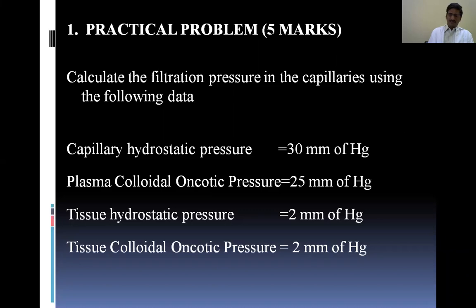This is the basis for the formation of leak also. Not all fluid leaked through the arterial end will be reabsorbed. About 1% remains in the tissue. Even this 1%, if it remains in the tissue over the longer term, leads to edema, as I said. To prevent that, the extra fluid retained in the tissue is collected by another type of channel called lymphatics, and through the lymphatic channels there is circulation once again.